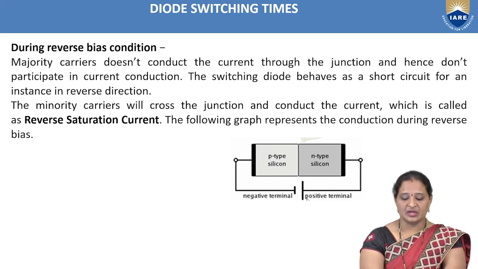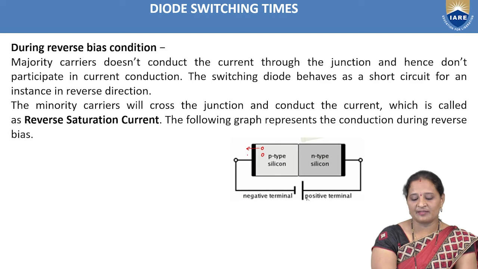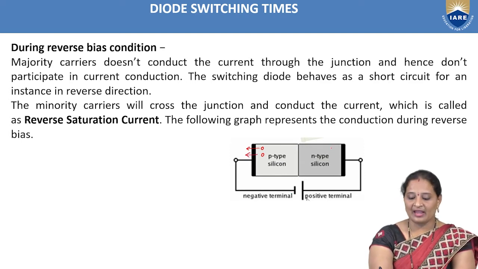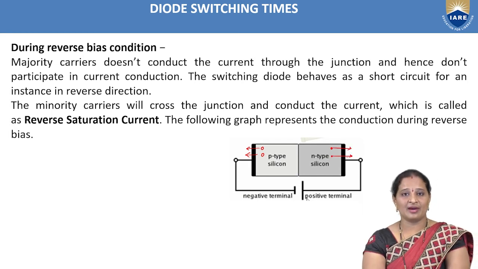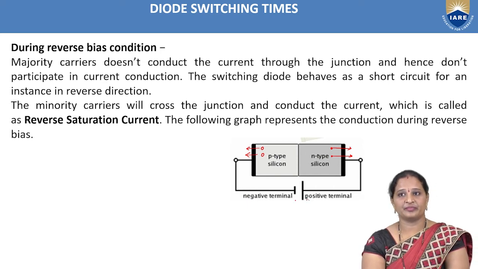Then what happens? The majority charge carriers of the p-type semiconducting bar are holes, which are attracted by the negative terminal of the battery, and the electrons, which are the majority charge carriers of the n-type semiconducting bar, will be